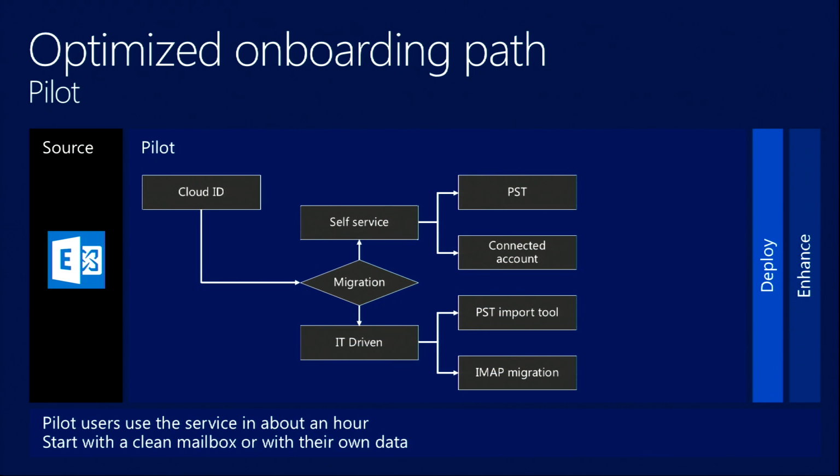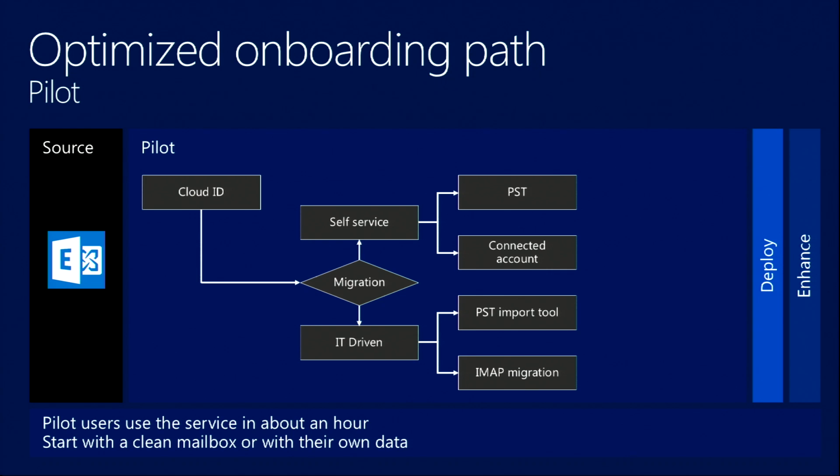All right. So, Jeff, do you want to take us through some of these onboarding paths? Yeah, I do. So from the onboarding perspective, obviously there are decisions to make as you're onboarding, and what we want to highlight in some of these slides is that this isn't just a three-step process. You also have decisions and a tree of ways to go to try to help your organization in the best possible way. So we're in a pilot scenario here, coming from an Exchange as the source, and obviously in a pilot you start with the Cloud ID.